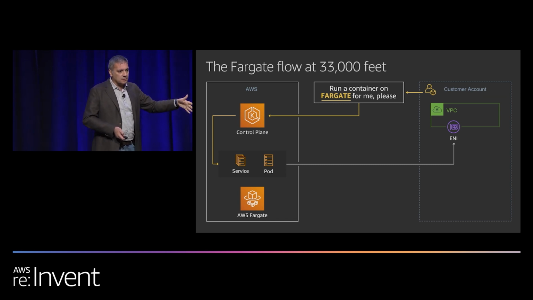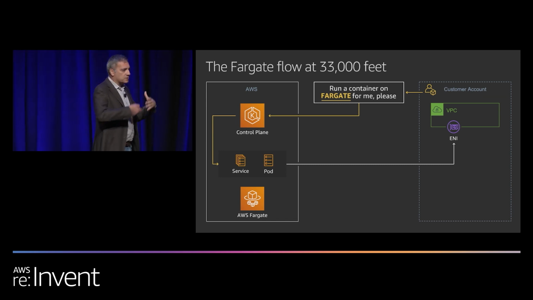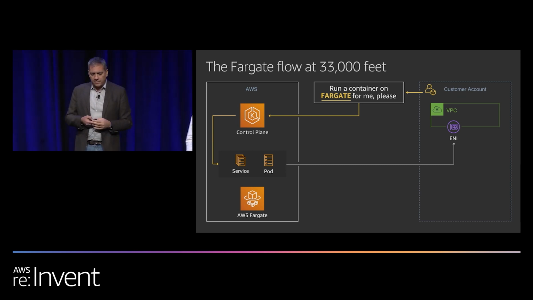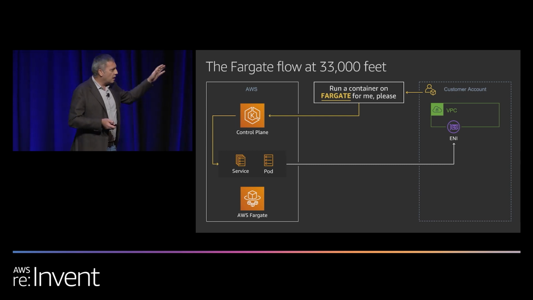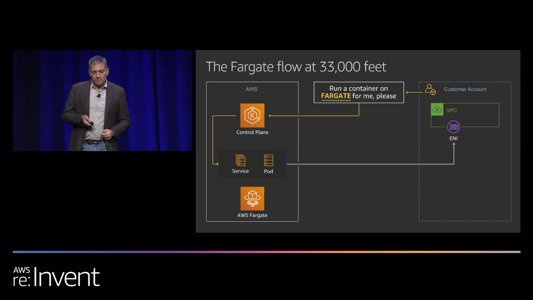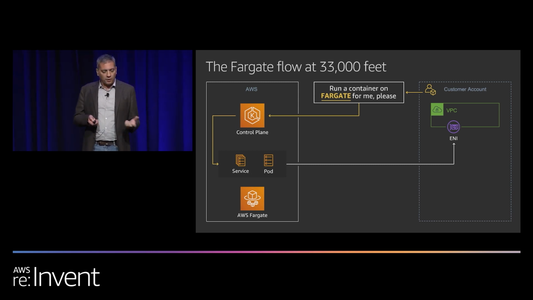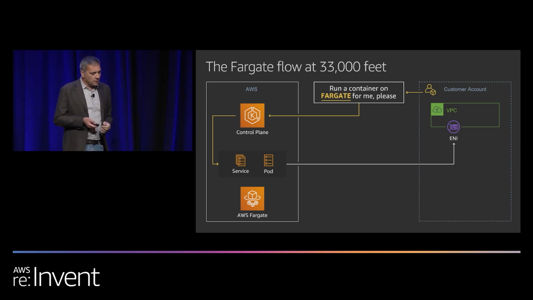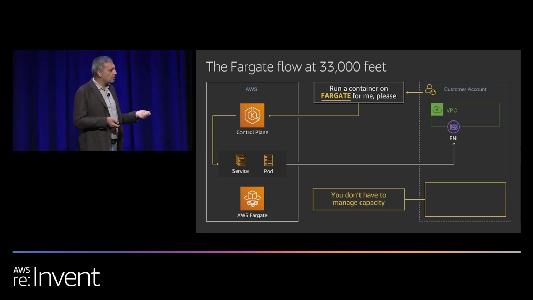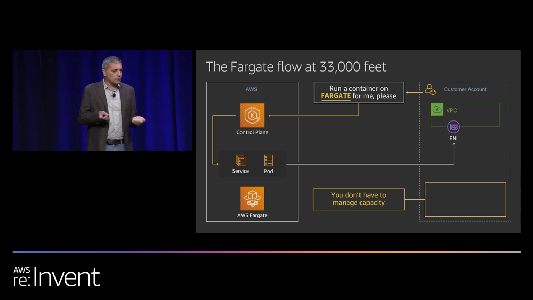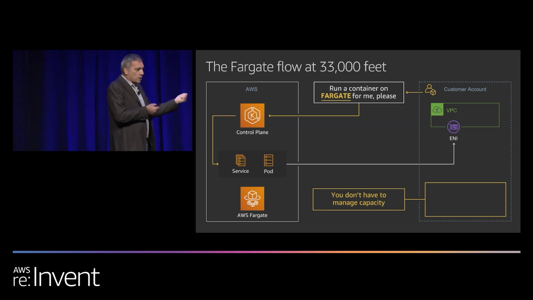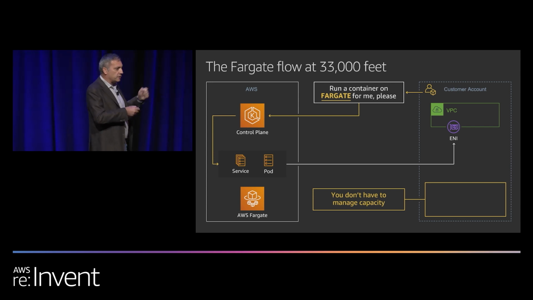So the end state, the pod running in your VPC as a first-class citizen, is the very same compared to what we have seen before, but where that pod runs, and where those CPU and memory resources are, is very different. Obviously, the advantage here is that there are no nodes, right? So there is no EC2 instance whatsoever, because that is where the pod is running, on the Fargate fleet that you don't get to see.